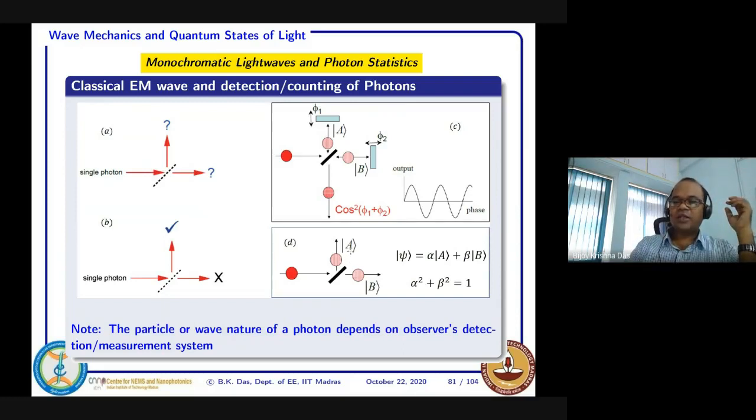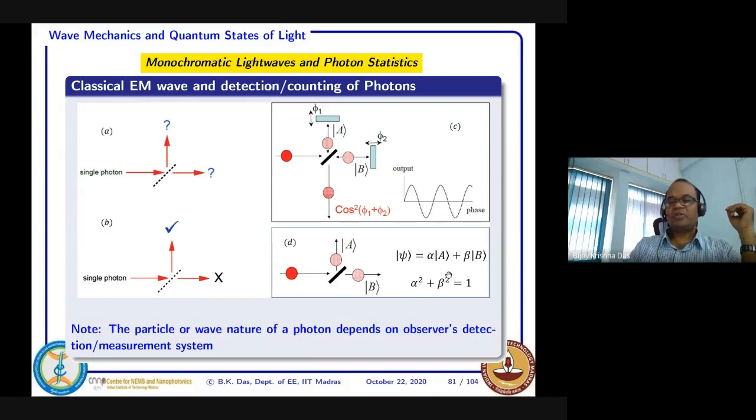So we just consider a ket A, one basis vector, and another basis vector B, and their superposition actually exists. The superposition together we'll be calling ket psi, and we give them their superposition weightage alpha and beta. If this beam splitter is a lossless thing, nothing is being lost here, the ideal case, then the probability of finding it here is alpha square.